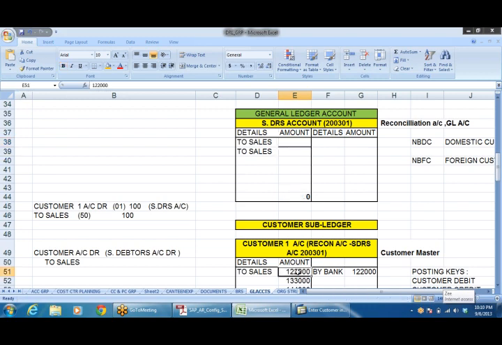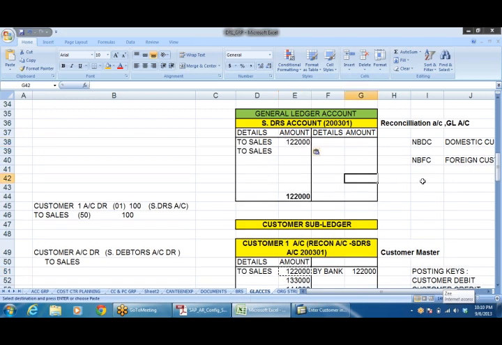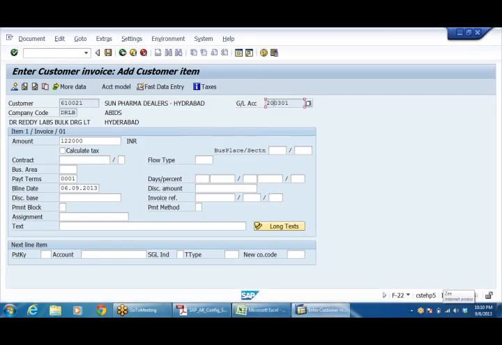Same amount, 122, is posting here. As soon as I post here, the system is posting to the GL account. Then what is this? This is the customer account, and this is the general ledger account. The customer account is a sub ledger account, and the GL account is the general ledger account. This is the accounting part.